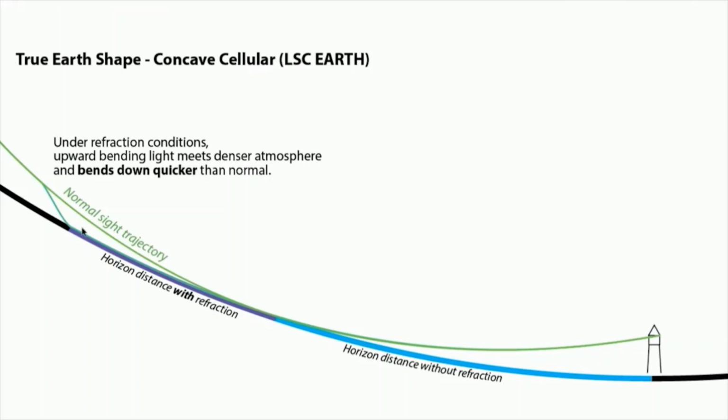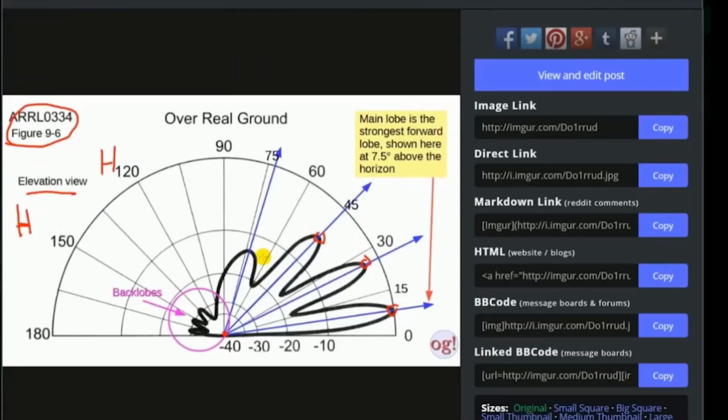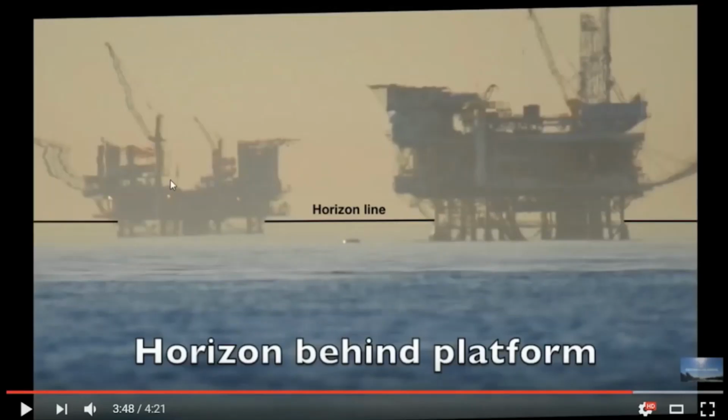But under a refractive condition, our horizon will be lengthened because our normal sight trajectory is rising up slower. So it's being lengthened before it rises up, but it always rises up to the center eventually. So that's what's happening. And so going back to some of these videos that I was talking about before, like this video here,